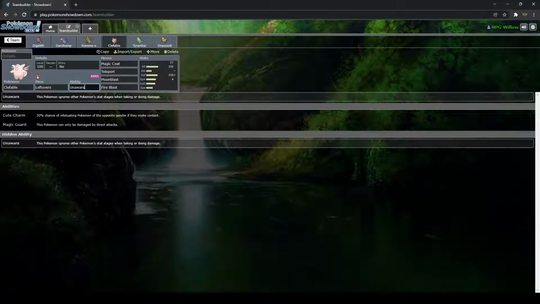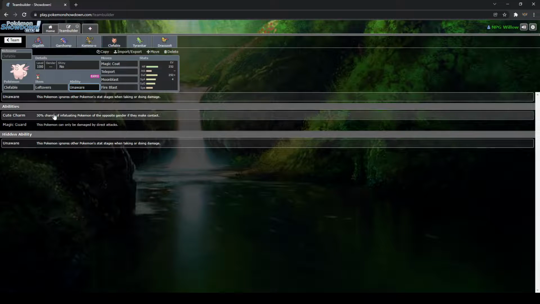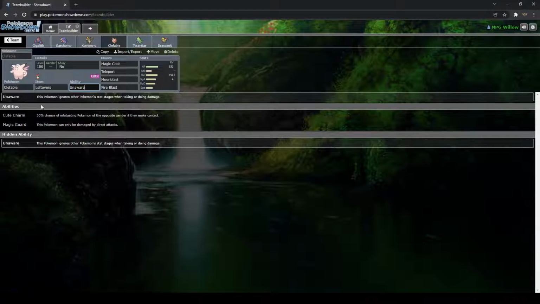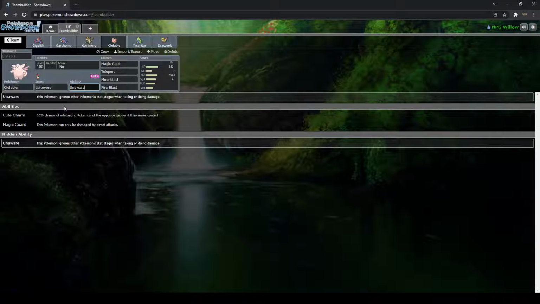So next up we have Clefable, Leftovers with Unaware, Cute Charm, and Magic Guard. Again, Cute Charm not too useful to us as it's not very useful in general, but Infatuation could be really helpful in the long run. In case we are getting into tanking a